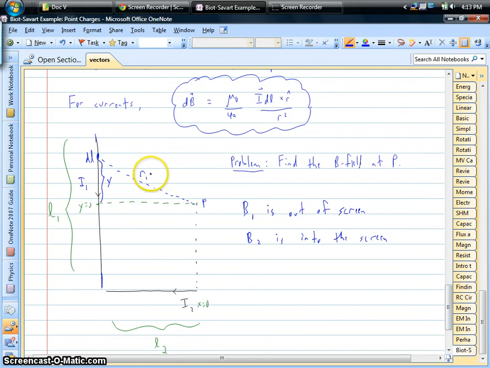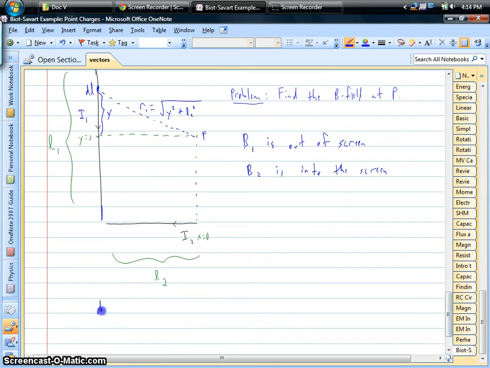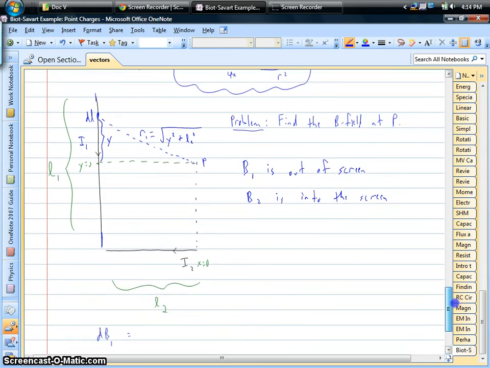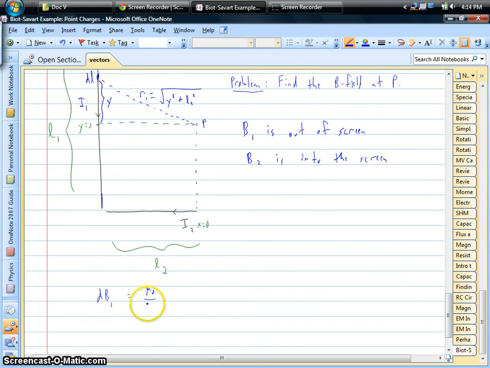So what we can do is at least figure out, based on the geometry here, that the distance from that little piece of current out to the point that we're looking at, using the Pythagorean theorem, is going to be the square root of y squared plus L2 squared. Okay? So the little bit of magnetism that that little bit of current is making, according to our rule, we've got some constants. We've got the mu naught over 4 pi. We've got the current, which is current 1, times that little bit of length,